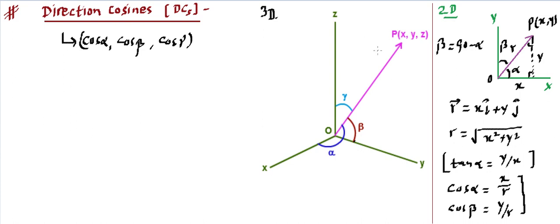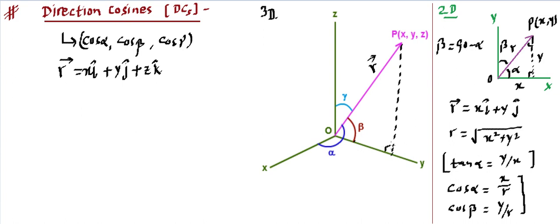Right? And let's say this vector is r vector. So we can use the same concept that we just talked about in the two-dimension case. So this r vector can always be written as xi plus yj plus zk. Now let's say we need to find cos alpha, or maybe cos beta, or maybe cos gamma. Let's say we are trying to find this cos beta. For that sake we will drop a perpendicular, and the perpendicular has to be dropped on the y-axis.